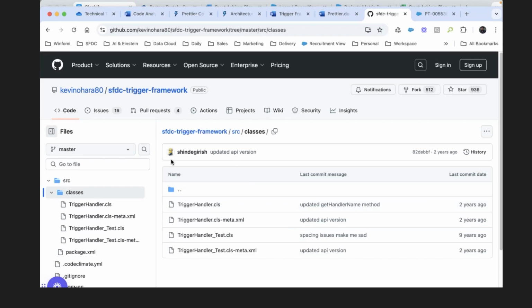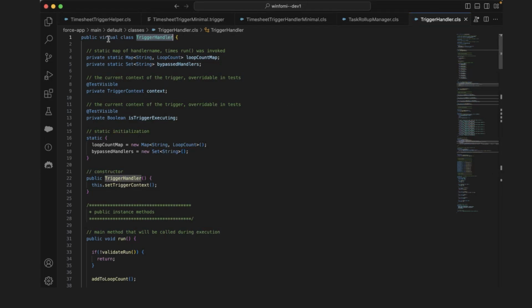Either you can install it from GitHub directly, or you can copy-paste and create it via Visual Studio Code. If you see, this is the virtual class and this is the trigger handler class. For whatever object we are creating the trigger handler, we will be extending this class. The benefit is that whatever logic we have in the trigger handler can be utilized in the other trigger handler methods across different objects, so we don't need to repeat the logic. I will come to explain what repeating logic is later. For now, just remember we need to create this base trigger handler and trigger handler test class